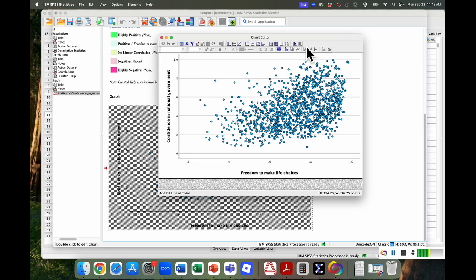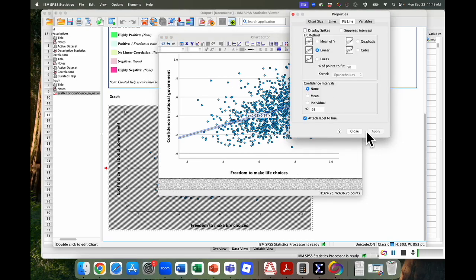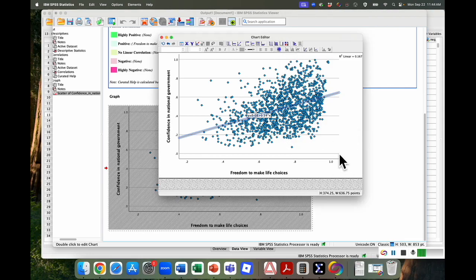So if you hover your mouse, this one here should say add fit line at total. And here's some different approaches. We're going to do a linear and not show confidence intervals. Click. If you do want to change anything, this is when you would need to click apply, but we just need to click close. So you may be familiar with linear formulas where it's y equals mx plus b when